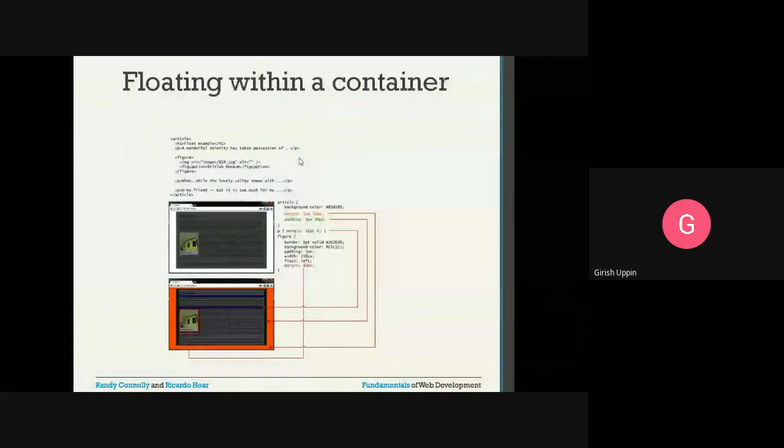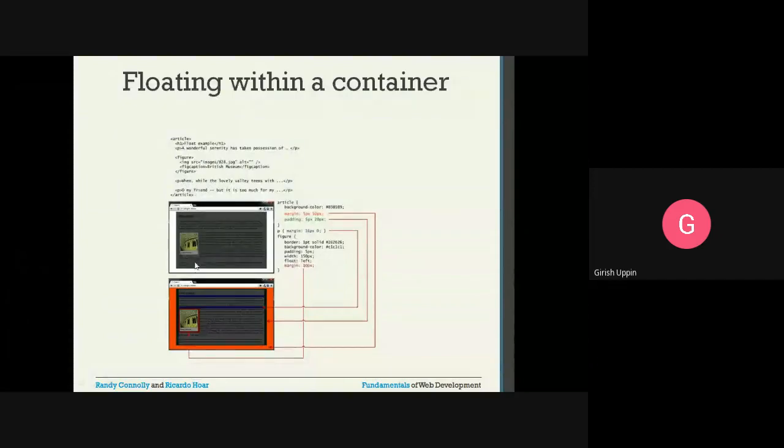Here is one more HTML document. We have an article, the start of the article and the end of the article. I have a header h1, float example, you can see here. Then one paragraph is there. Then I have the figure, inside the figure the image and the figure caption. Then I have one more paragraph. After that paragraph, one more paragraph is there, and one more paragraph, it is here.